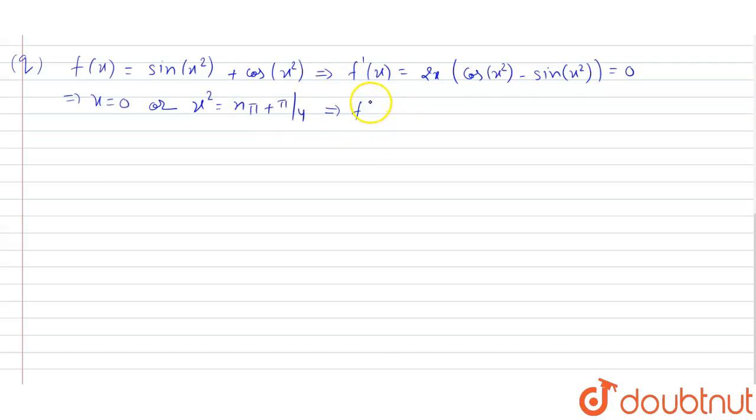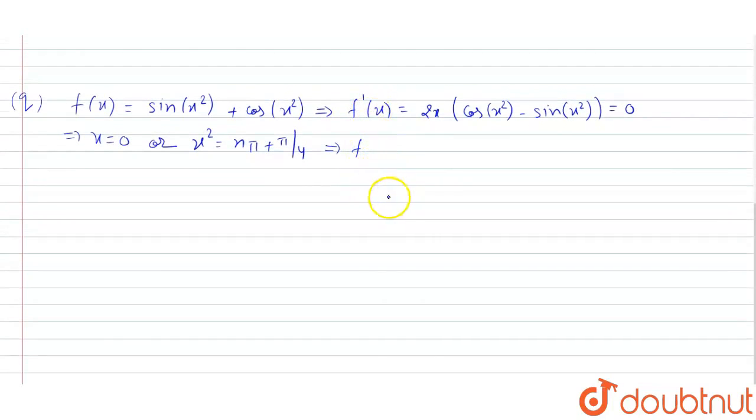So at both of these values, the value of f(x) would be given as f(x) at x equal to 0 is sin 0 plus cos 0, that is 1, and f(x) at x square equal to nπ plus π/4 would be sin(nπ + π/4) plus cos(nπ + π/4), that would be equal to,